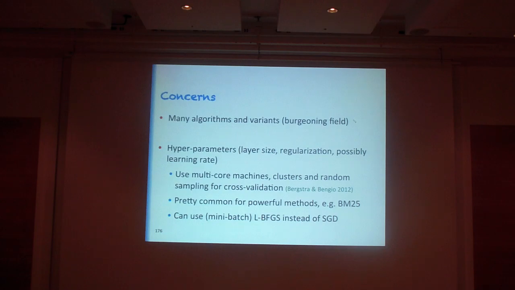One thing you have to realize is as soon as you consider a space of models that's richer, more powerful methods, then you're likely to end up with more hyperparameters. In a sense, exploring hyperparameters is like exploring the model space. One thing you can do to reduce the number of hyperparameters is replace stochastic gradient descent, which has one or two hyperparameters, by things like L-BFGS, which also has one or two hyperparameters, but they are less sensitive. You can kind of use default values and